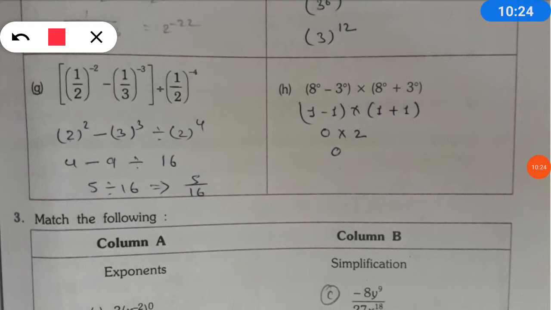1 upon 2 to the power minus 2 minus 1 upon 3 to the power minus 3 divided by 1 upon 2 to the power minus 4, isn't it? Since power is negative, we can change it into a positive power by applying the inverse law, isn't it? So here we have applied it. Now after that we can see